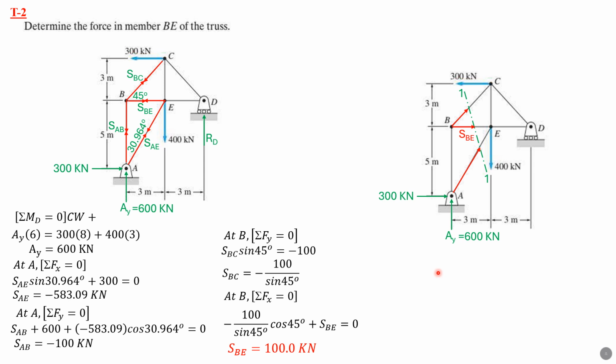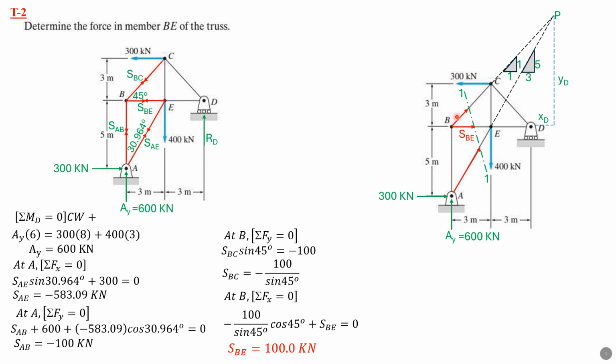So considering the left portion of this cutting section, these are the three members cut, and members BC and AE will meet up there. So we sum up moment about that point to solve for SBE directly. I'll call that point P. I'll call this XD from D to this foot of perpendicular, and this vertical distance YD. And the slopes are also shown. So this is 1:1, and this one is 5 vertical, 3 horizontal, so 5, 3.